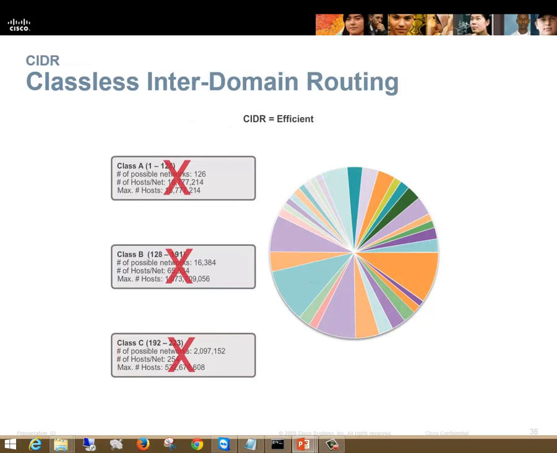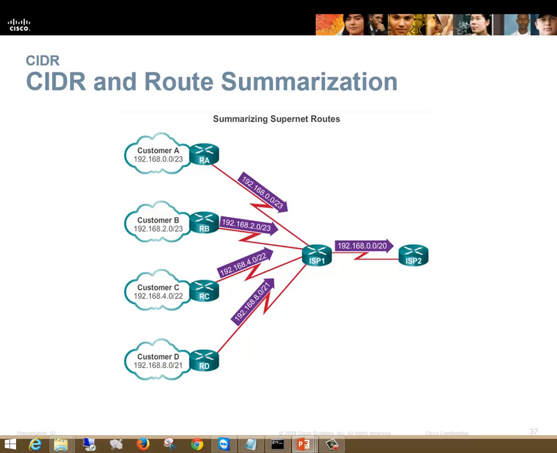So this is why we switched to CIDR. Classless Inter-Domain Routing is more efficient than classful routing. And with CIDR, again, we can summarize using supernet routes. If we have all of these routes that are /23s, we've got, looks like .8, .4, .2, and .0. We can supernet that into